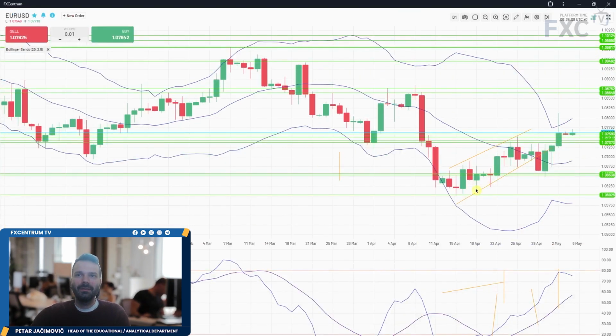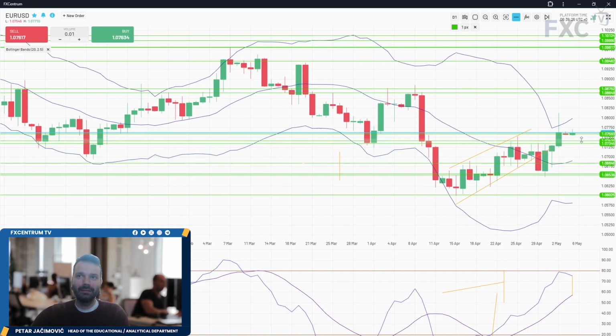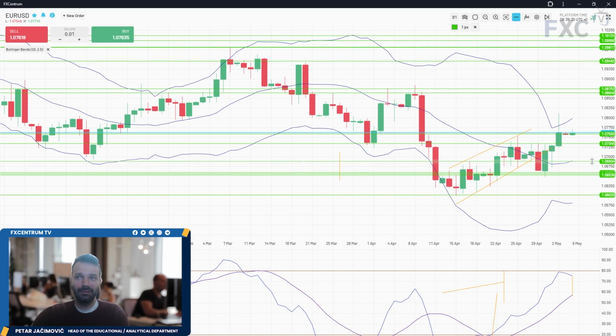Euro dollar is pretty similar. So we had this flag. Now the market is trying to fill this gap between the fast and slow line. Also, there was a rejection of the upper Bollinger Band and a candle close in the middle. This is a sign of weakness from my perspective. So there is still a chance for the market to rotate lower towards the middle Bollinger Band, at least at